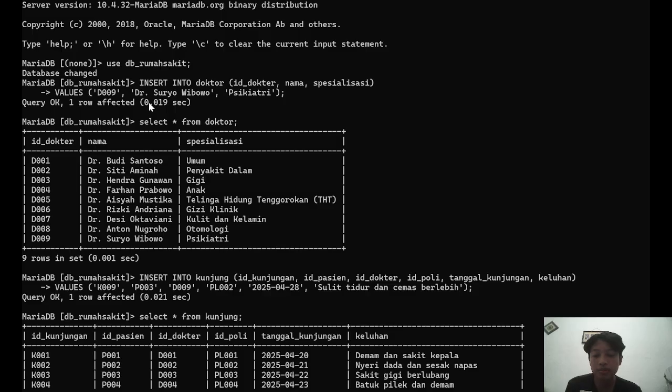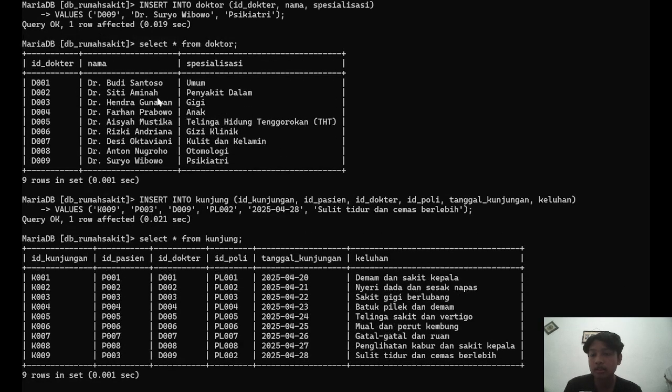Then specialist describes the doctor's specialty. In this case, it's psychiatry. This is useful when a hospital recruits a new doctor and wants to register them in the system. Okay, so this is the result.